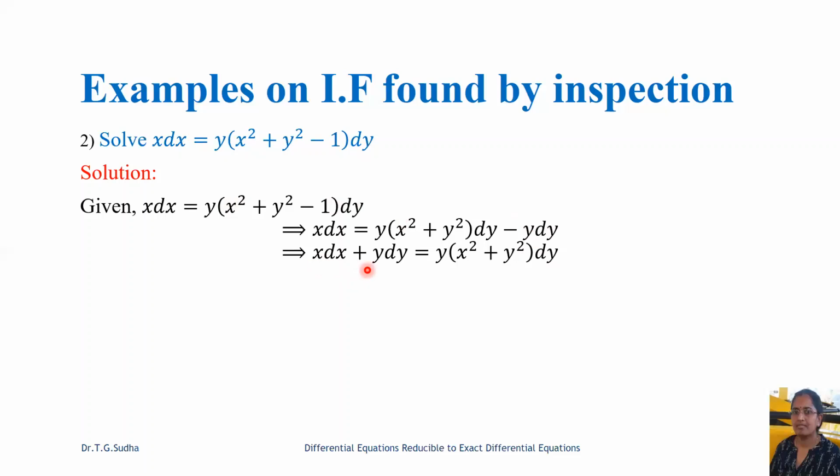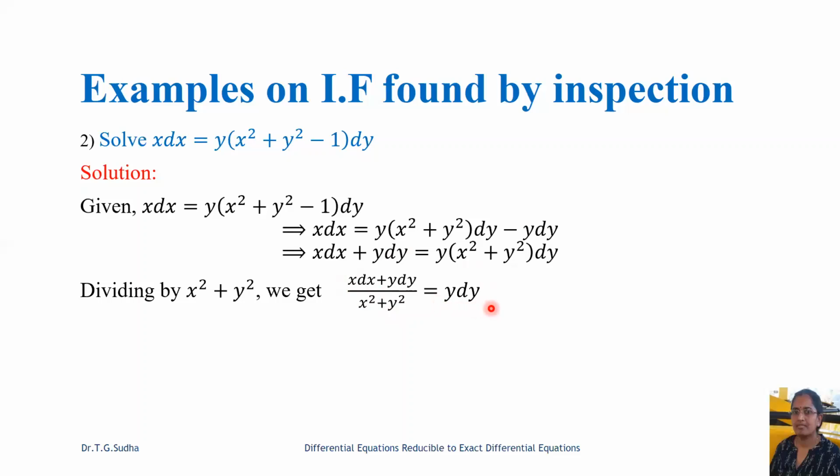We get x dx plus y dy equal to y into x square plus y square into dy. Now let us divide by x square plus y square. Here we have dy. So here we have y dy, which can be integrated. So let us divide by x square plus y square to bring one of the combinations which we have earlier discussed. So you get x dx plus y dy divided by x square plus y square is equal to y